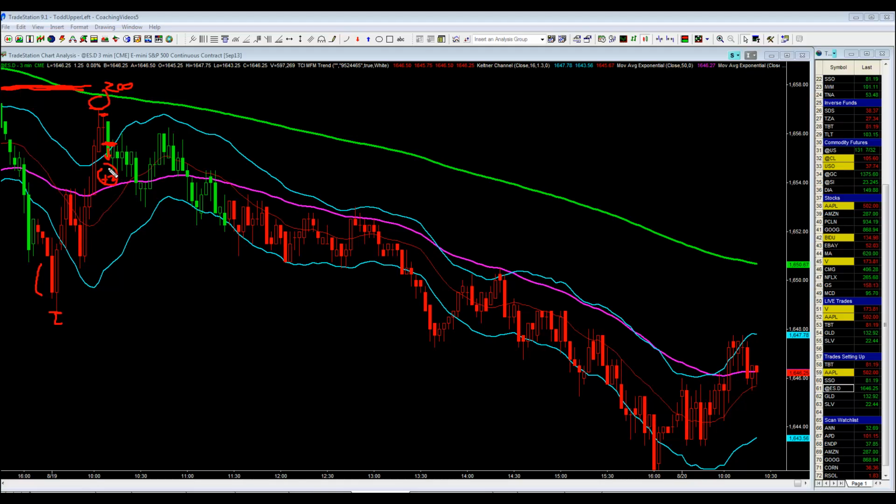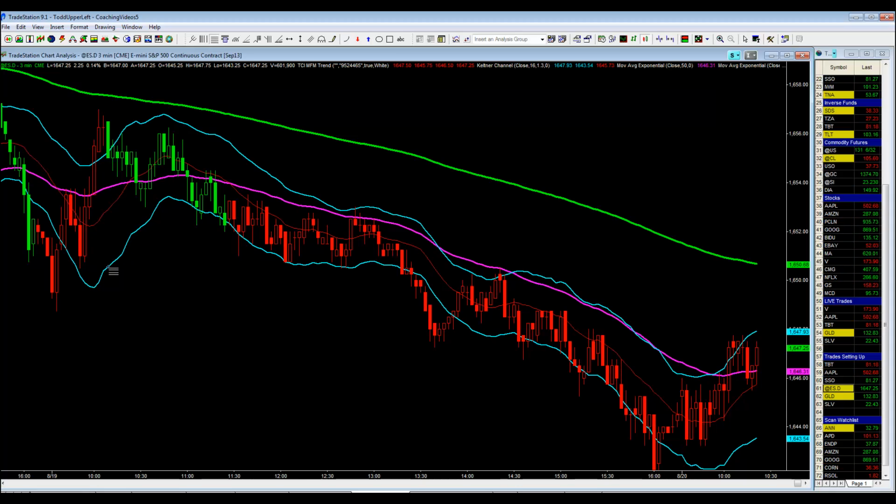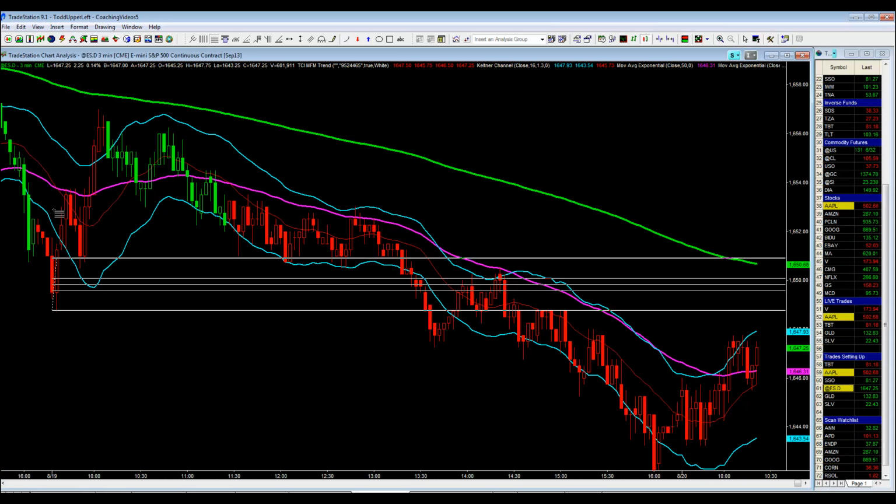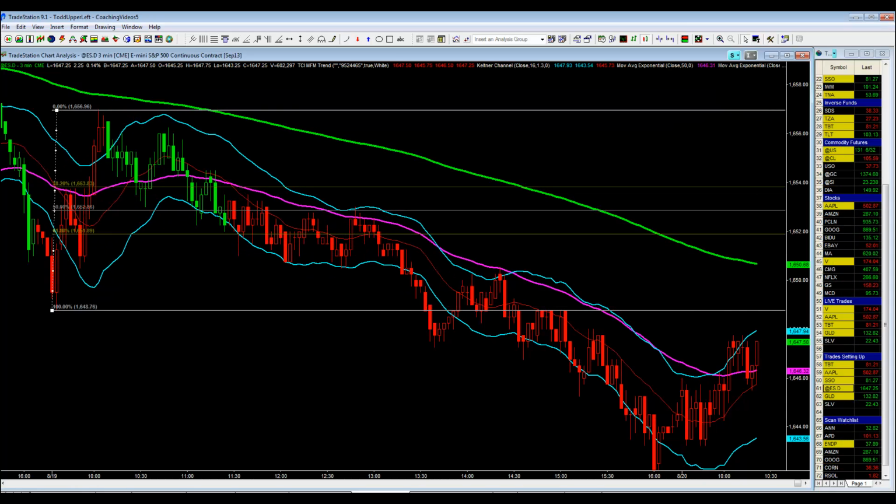Able to grab 2 points in there on the way down. But honestly, as the market came down, what I did was I wanted to measure the fib retracements from this low up to this high. Okay, and I was looking for the market to actually hit support at that 38.2% of that initial swing to the upside. From this low to this high, the 38.2 was right here, right between the mid to the lower band, right back, slightly below that 50 exponential moving average, and I was looking for a bounce to the upside